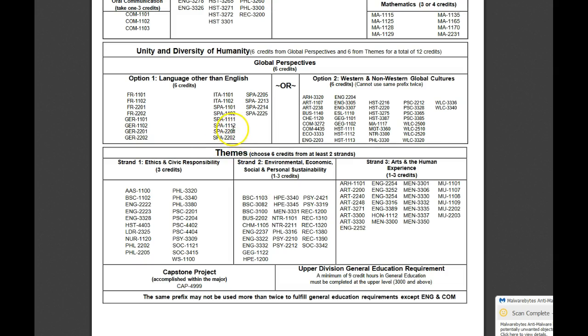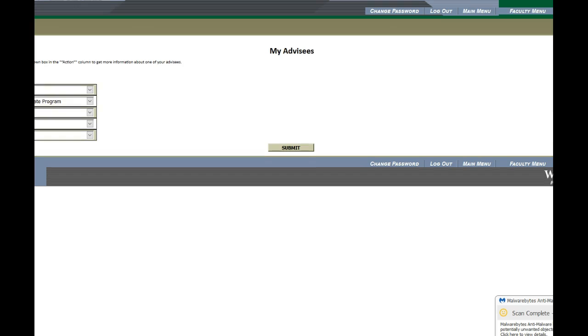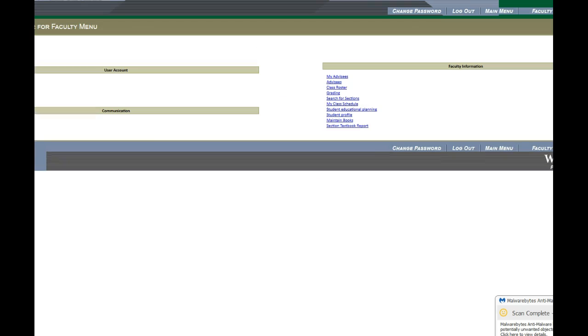And language for the program would require you to take an upper level, be proficient. In other words, the 2000 levels here of German, Spanish, or French would be required. Now, if we go back and we look at WebAdvisor again, and we go back and look at those courses,